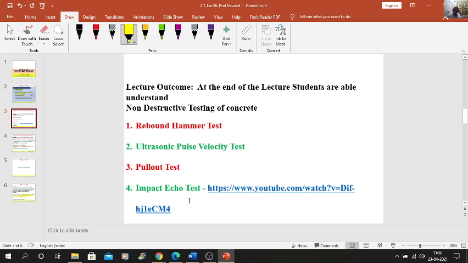If there are voids in the concrete, we can carry out this test, and by this you can easily find out whether voids are there or not in the concrete.